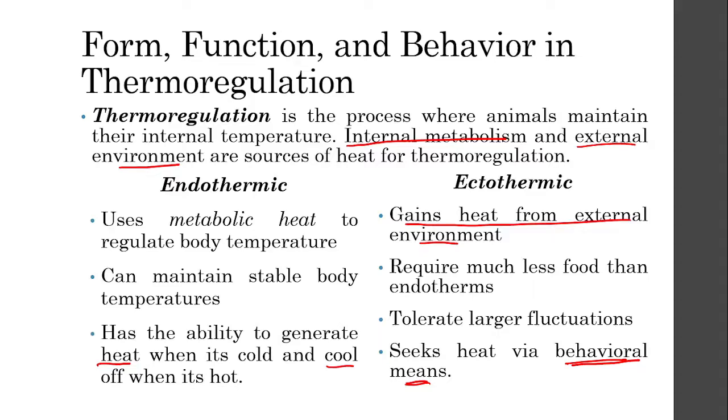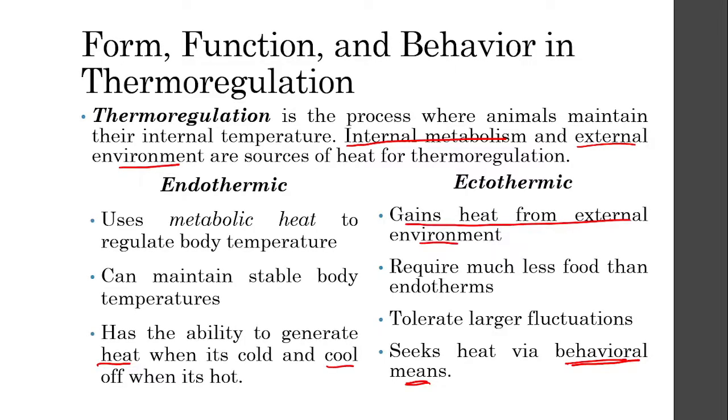Also, they can display themselves and stretch themselves under the sun to bask, or basically sunbathe, which also helps them gain internal heat. This heat comes from the external environment, and this process is called radiation. So that is the difference between an endothermic and an ectothermic animal, or an endotherm and an ectotherm.